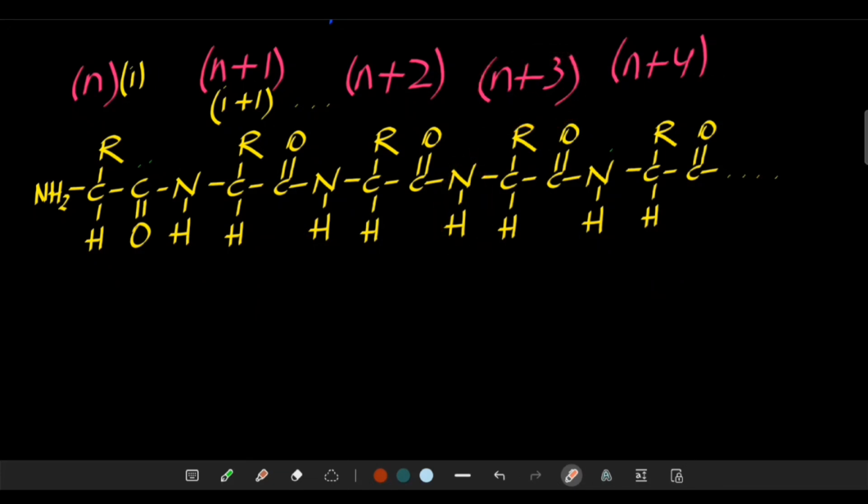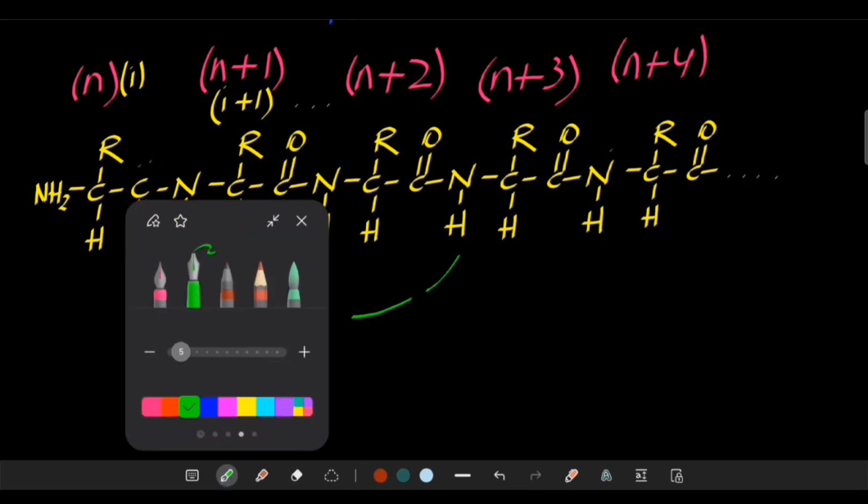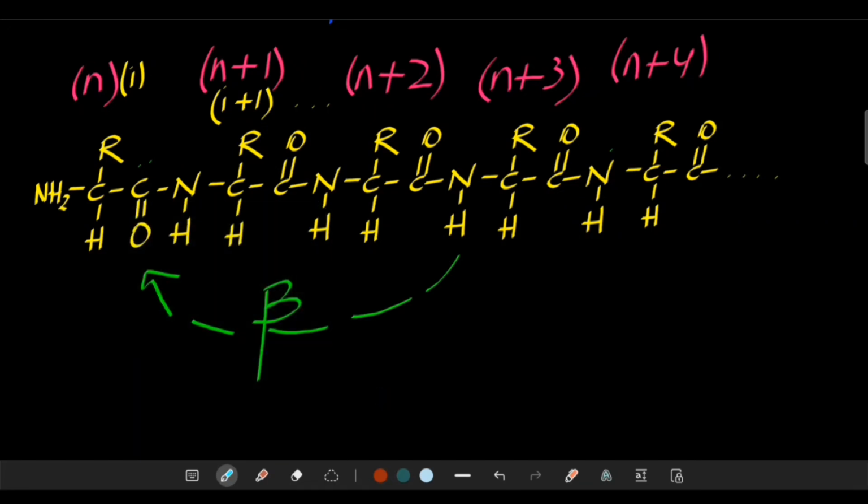So I hope you're able to follow. I'm just going to show you. This hydrogen will form a bond with this oxygen, and this will be termed as beta. Similarly, let me take another color. If this nitrogen forms a bond with this oxygen, then it will be termed as gamma, right? And then if this nitrogen forms a bond with this oxygen, then it will be termed as